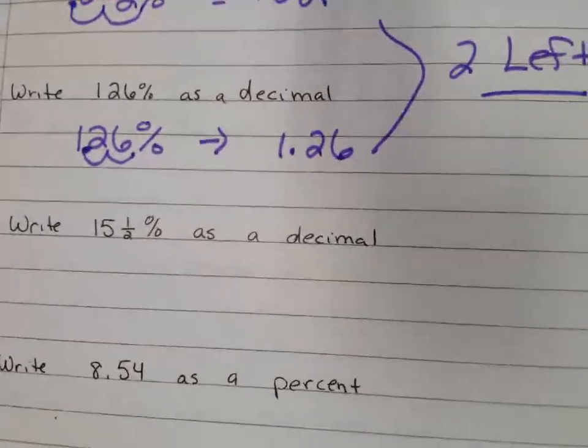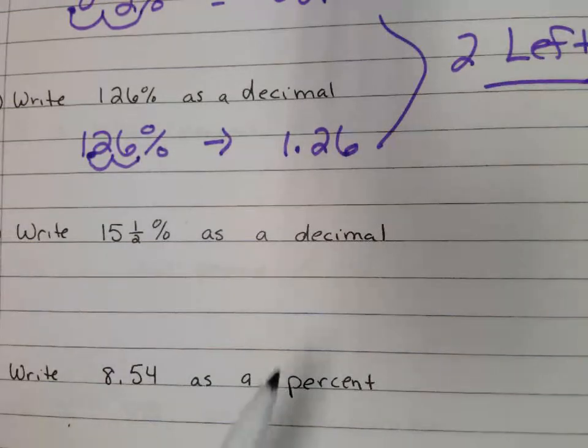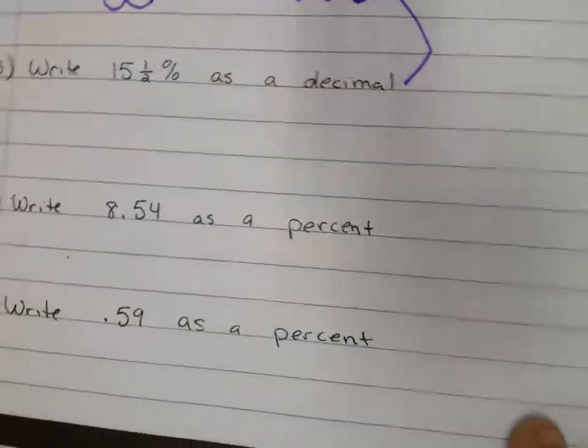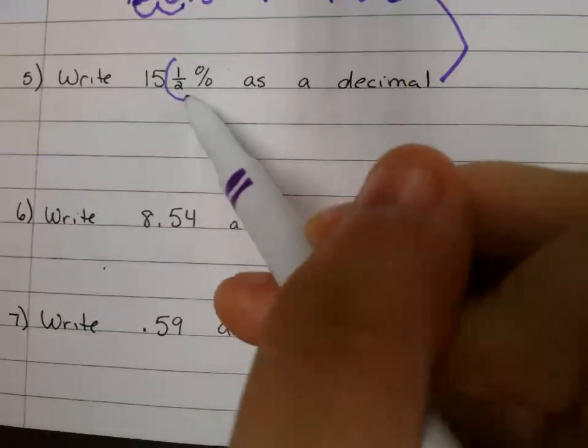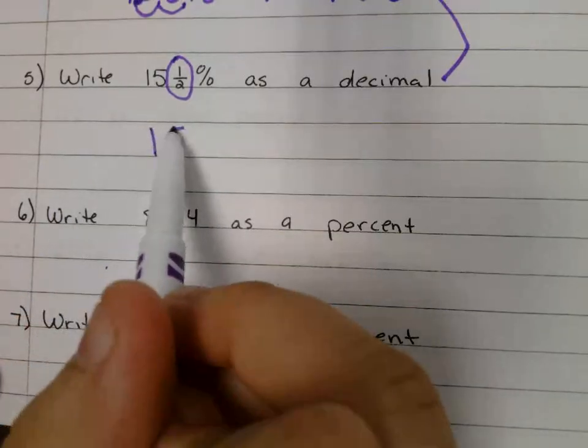2 to the left. Okay, well, actually, also this one. I forgot that one too. Okay, so on this last one that's like this, I have 15.5%. So the first thing is I need to figure out what is 1/2 as a decimal, Dakota. 0.5. So if I write this, this is